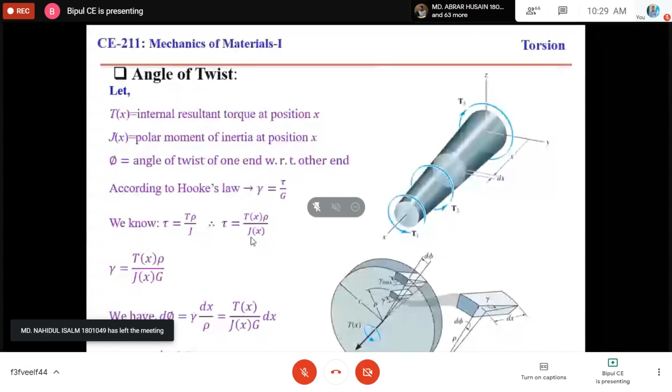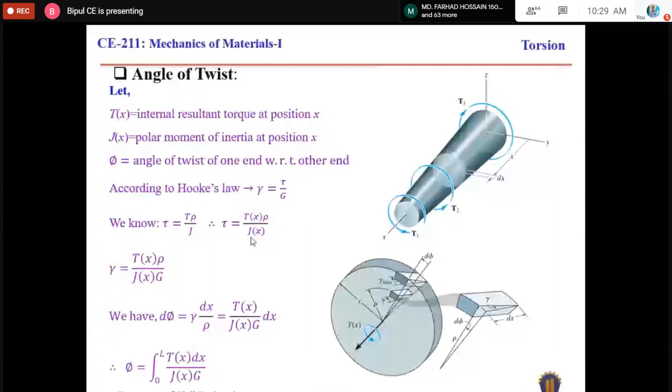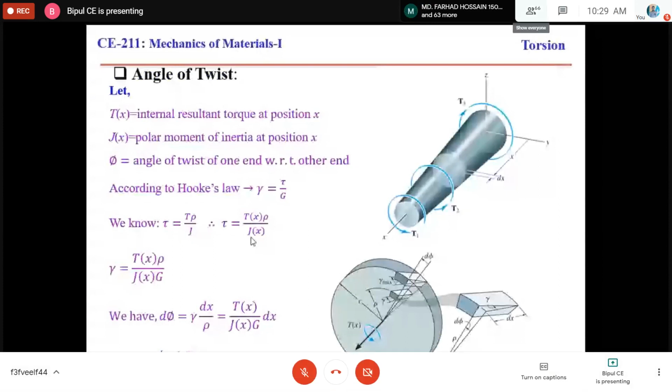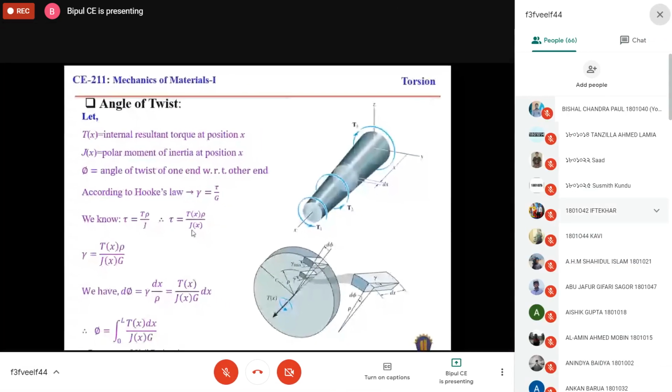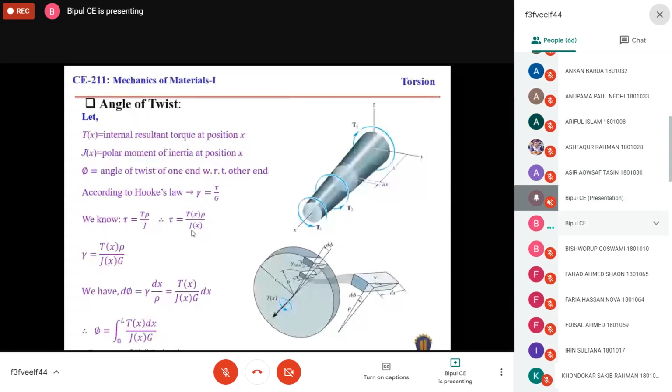And to get it we have to integrate this equation from